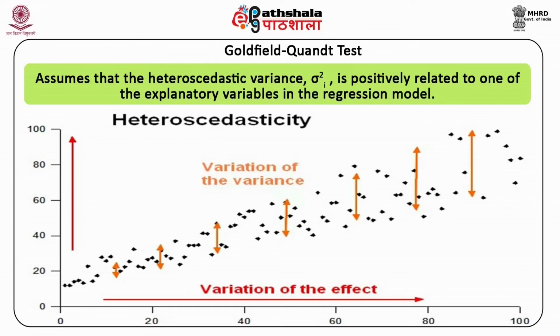Arrange the data from small to large values of the independent variable xi. Next, run two separate regressions, one for the small values of xi and one for the large values of xi, omitting c, the middle observations, and record the residual sum of squares, that is RSS, for each regression: RSS 1 for the small values of xi and RSS 2 for the large xi's. In the next step, calculate the ratio f, which is equal to RSS 2 divided by RSS 1,